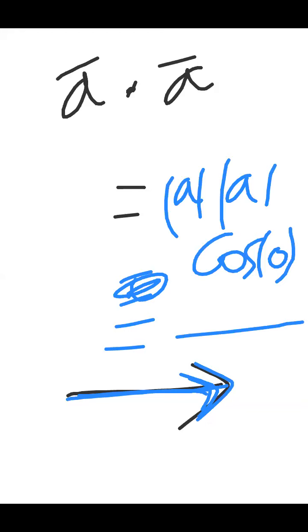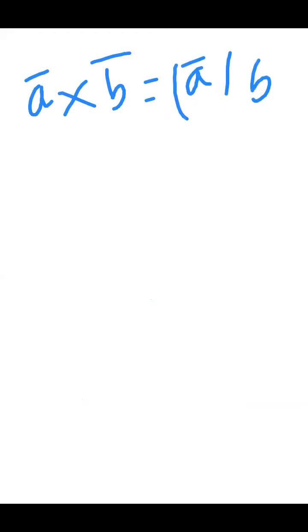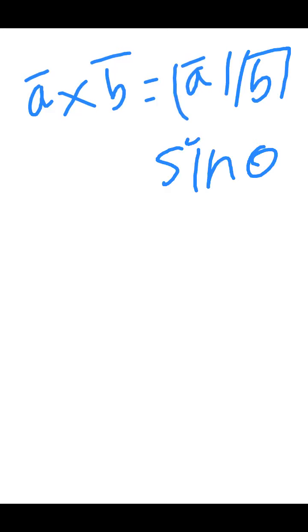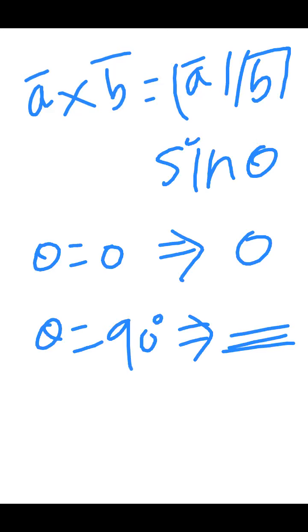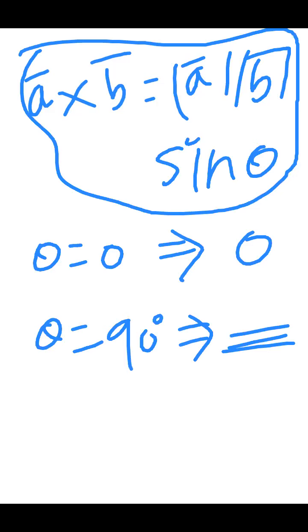Then please somebody tell me what is the idea of the cross product. I have A cap and B cap. It gives you some magnitude, AB sine theta. What happens here? If theta is 0, your answer is 0. If theta is 90 degrees, you get a very high magnitude. If your theta is in between, you will get a magnitude between 0 and the maximum value. So what is the reality? Can anybody tell what is the application of this? Very simple application of the cross product.